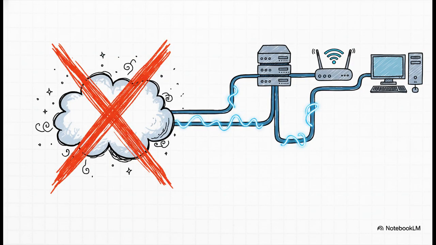Okay, first things first, let's bust a huge myth. The internet isn't some magical, ethereal cloud floating up in the sky. Nope, it is a massive, very real physical system. We're talking about a global network of actual wires, cables, routers, and servers, all working together to shuttle data around the world as tiny pulses of light and electricity.